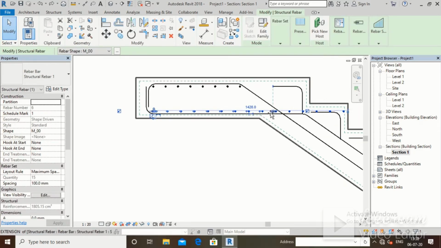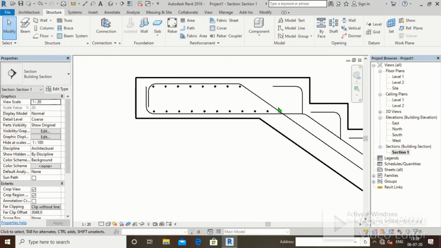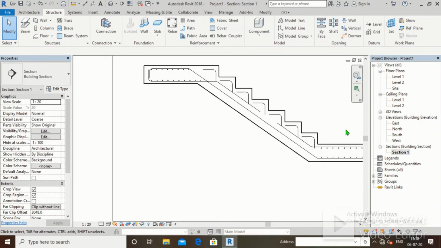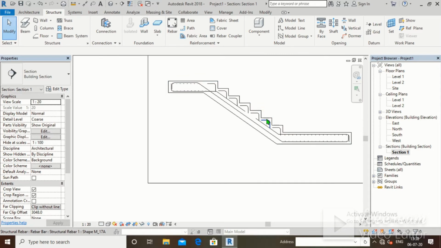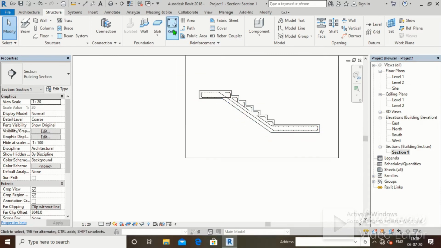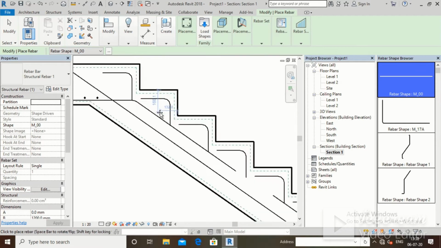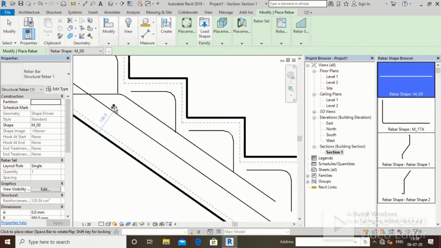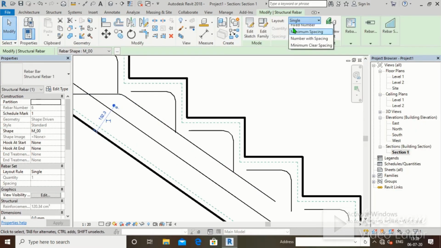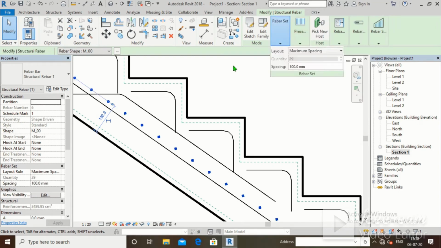We will move it till here. Now only one bar is remaining. Click on rebar shape M00. Now we will provide it till here. Select maximum spacing. These are those bars.